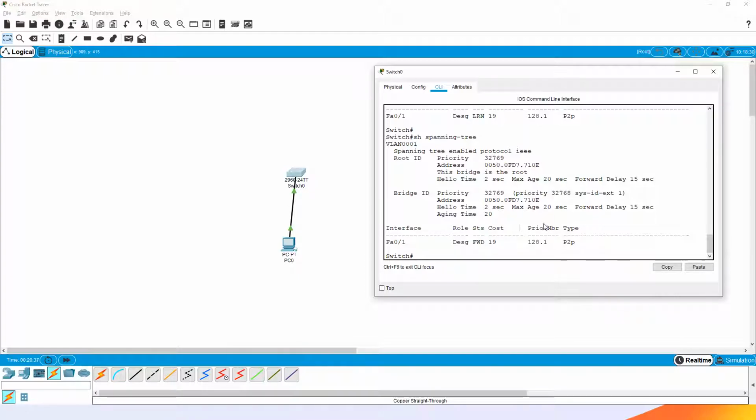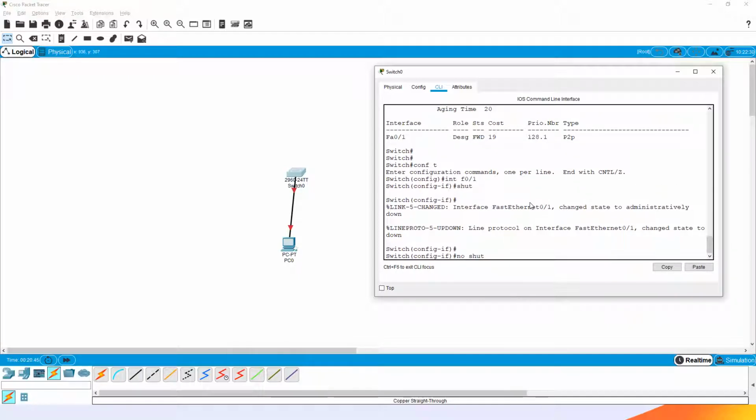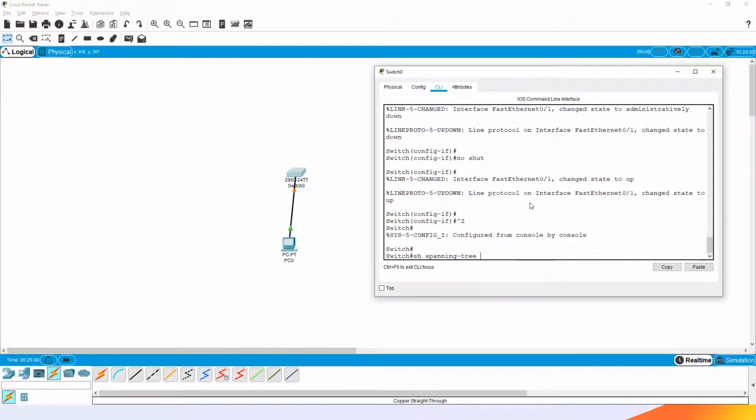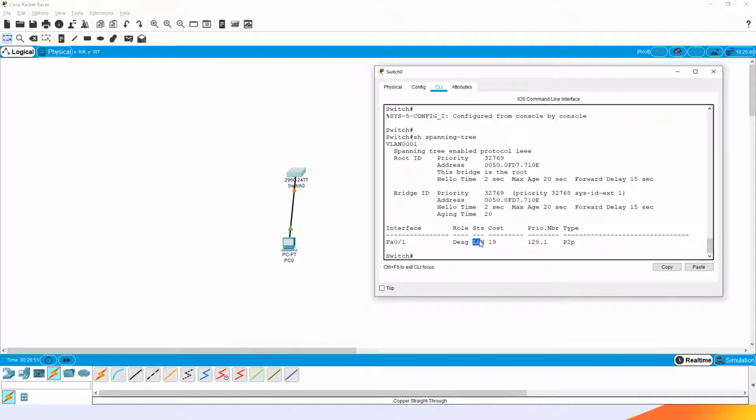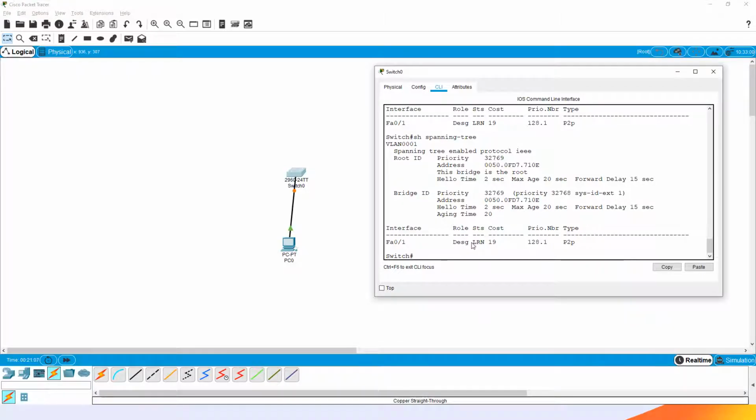So effectively, when this machine is connected to the switch, it takes up to 50 seconds to go into the forwarding state. For example, if I just do one thing, for F0/1, if I say shut, and I say no shut again, you can see whenever there is a change, it goes to the listening state. It takes maybe 10, 15, 20 seconds. I'm not 100% sure, so check the guide for how much time it takes. Then the learning stage, LRN. And then you will see the total time it takes is 50 seconds.